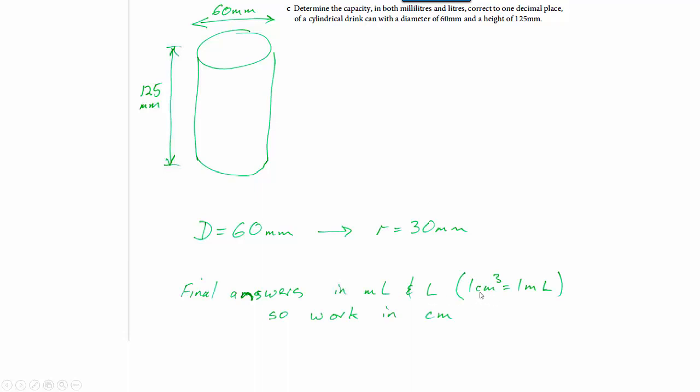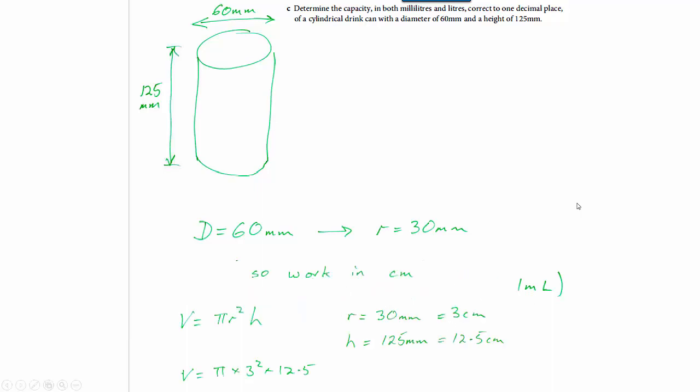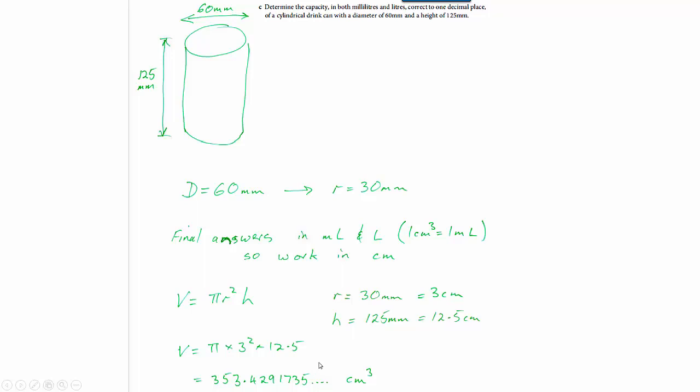The other issue is we want our answers in capacity, which are milliliters and liters, and our link there is a cubic centimeter is equivalent to 1 milliliter. So it's much easier to convert our measurements to centimeters before we start calculating. From there, exactly the same process as before. Volume of a cylinder, pi r squared h, 30 millimeters for the radius, or 3 centimeters, 125 millimeters for the height, 12.5 centimeters. Substitute those values in, calculate your answer,